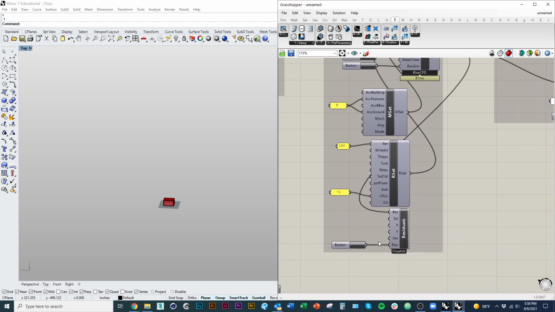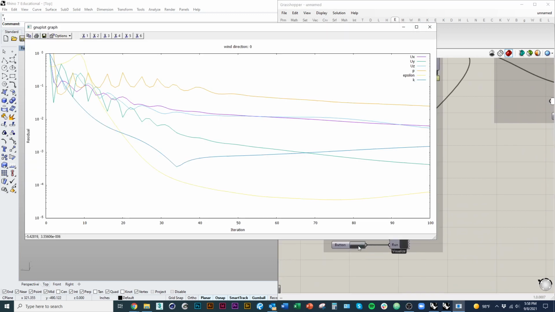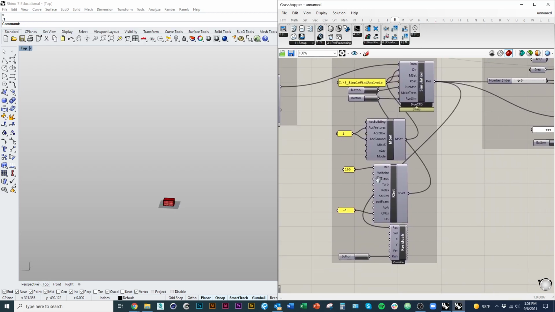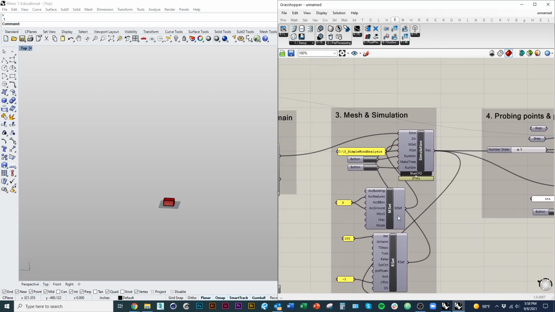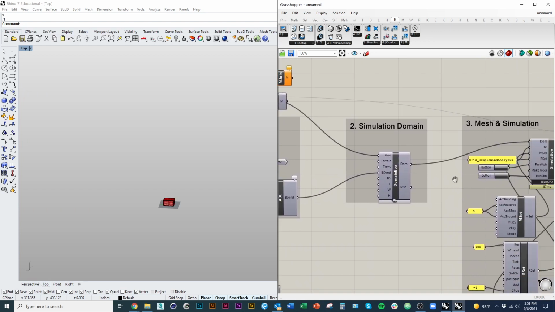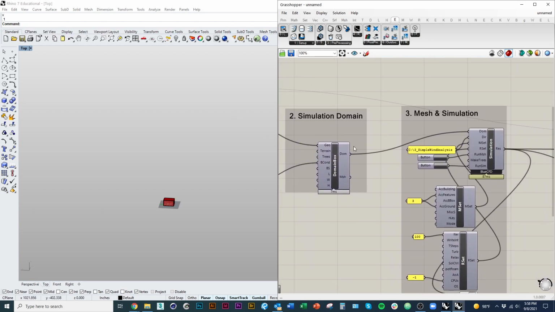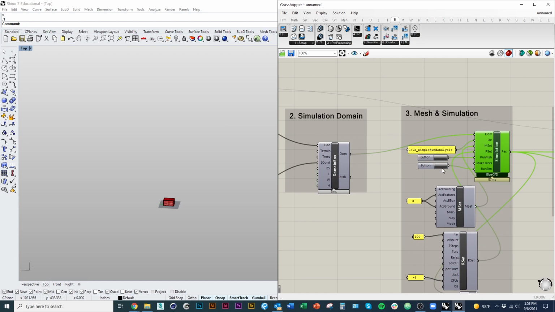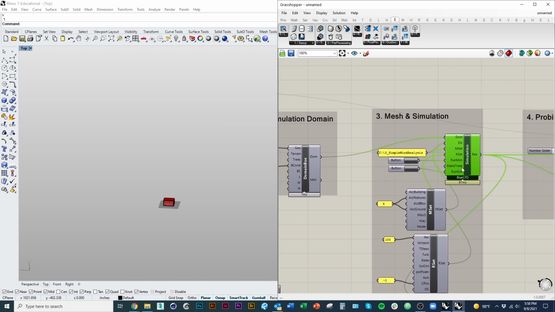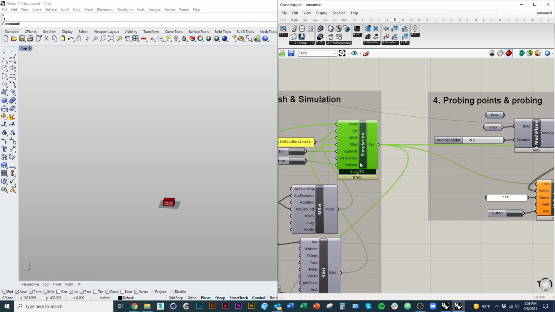And so down here at the bottom, we can also click this button, which will open up another piece of software that gives us kind of a readout of the accuracy of the simulation. Again, you can learn more about that in additional videos if you'd like to. But so now our simulation is more or less complete. Basically, anytime I change something upstream of this component, I'm going to want to rerun that simulation. And then